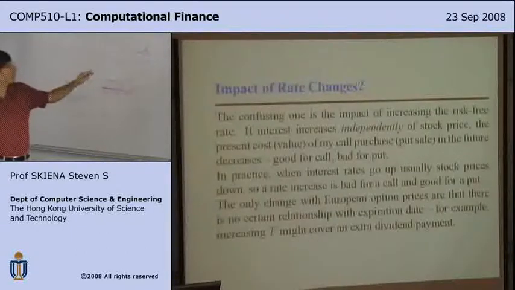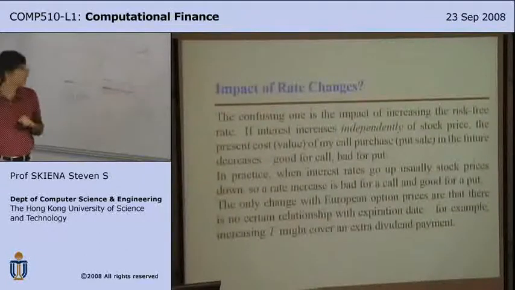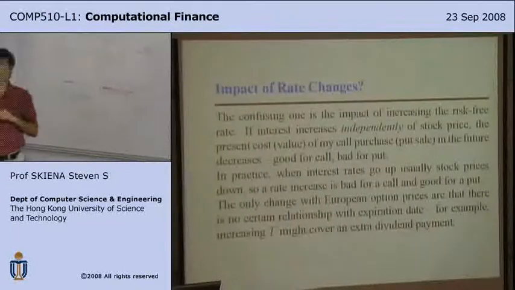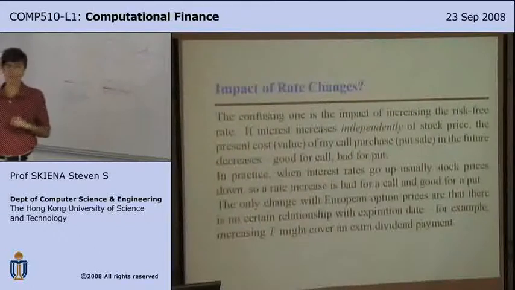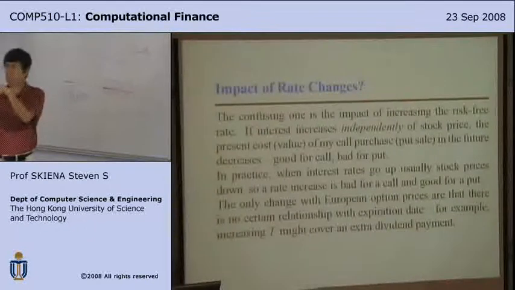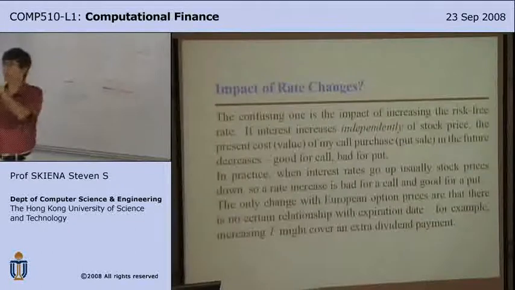Now the problem is that when interest rates change, usually other things in the world change, because we've seen everything in the world happens when interest rate changes. And when interest rates go up, usually stock prices go down. Why is it that when interest rates go up, do stock prices go down? Can someone give an explanation of that? Let's think about this. At least two explanations. Why, if interest rates go up, do normally stocks go down? Okay? Anybody?